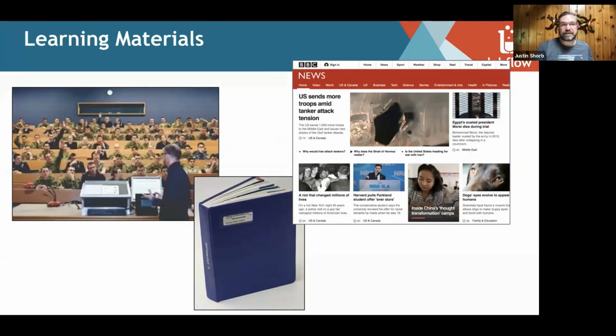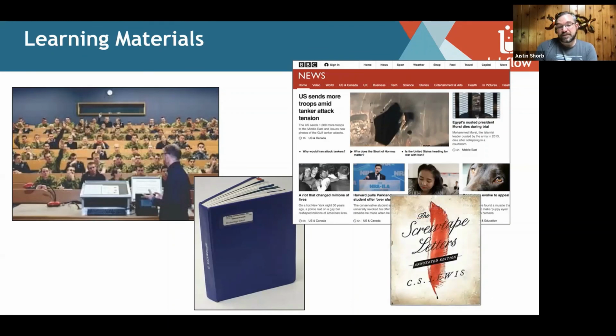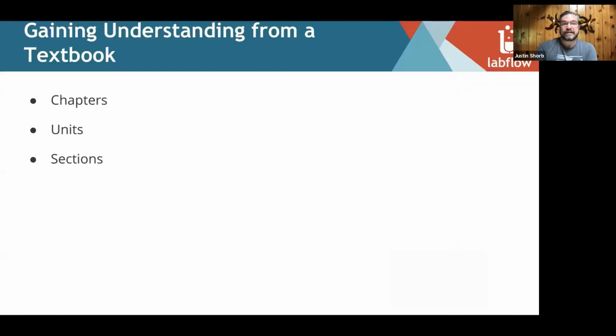Specifically though, I'm going to bring up this idea that we can get material and learning from a textbook itself, a book that was designed to actually contain the material that we want to look at. We could also look at just regular books in general, because most books tend to follow the exact same format, which is having chapters, units, and sections, right? This is what we're used to. We're used to putting some sort of structure in order for people to know what types of main ideas there are, what types of sections underneath those, and then breaking them down into what we're going to test you over.